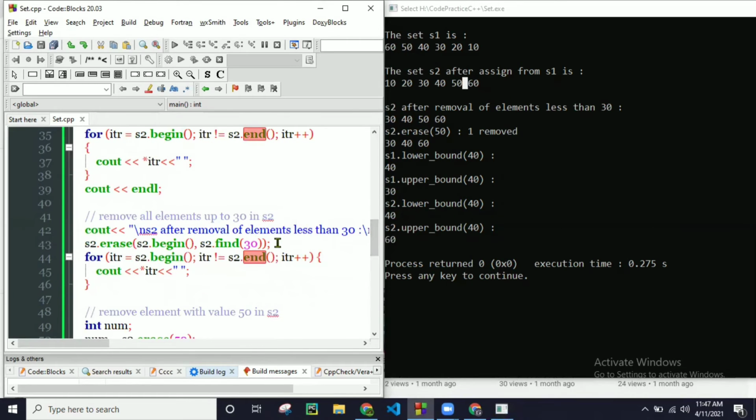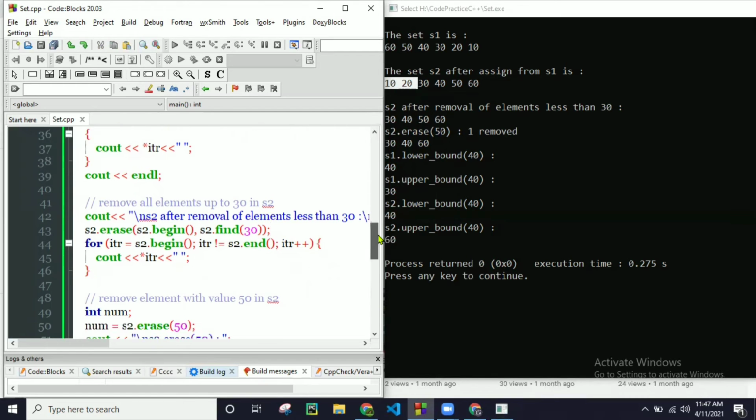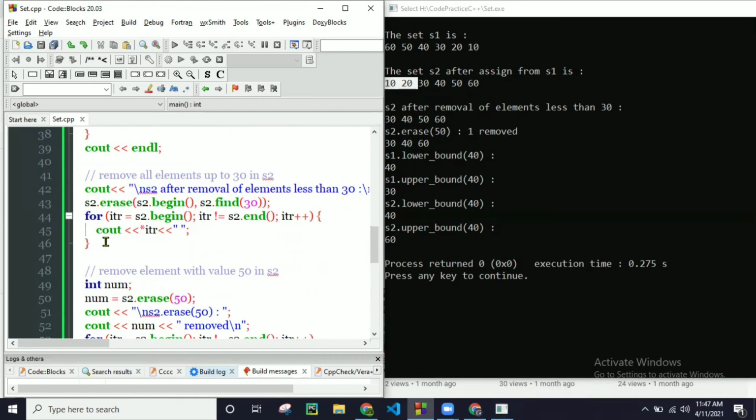We erased from the beginning up to 30, but 30 is not included here. Remember, 30 is not included, but all the values less than 30 are erased. And next, when we use an iterator to print our updated container, it's only printing 30 to 60, as you can see.